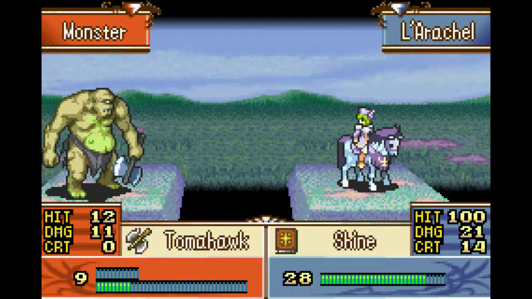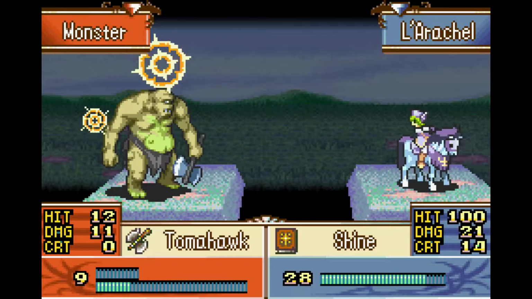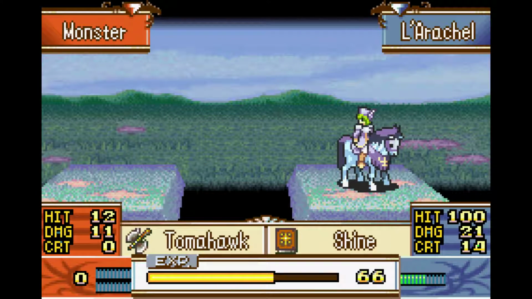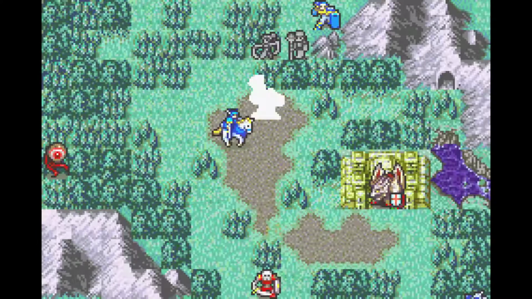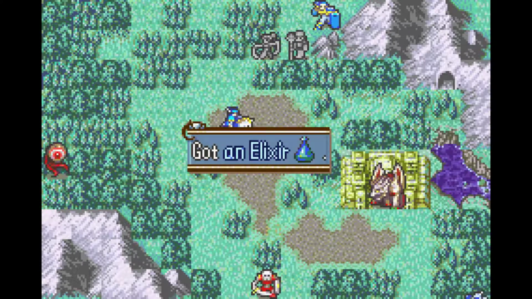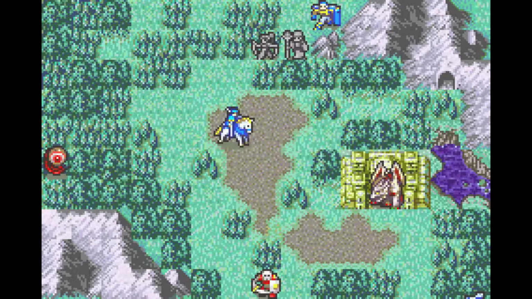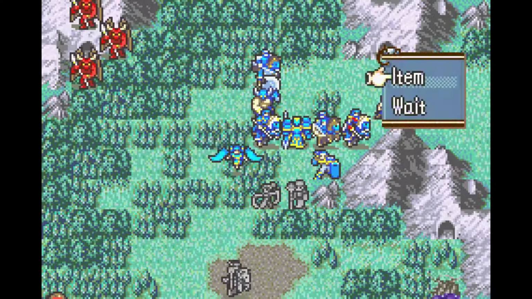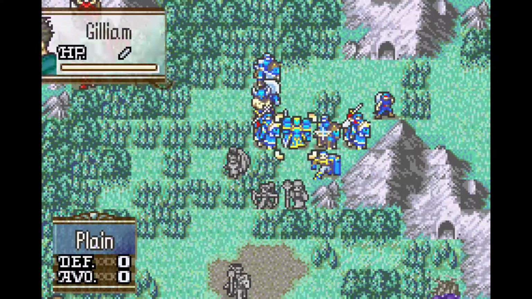Sadly, I can't quite get close enough to that Mogul to kill him. I'll probably have to send a flying unit down there to do it. I could just have Mur go do it. Got an elixir. Sweet. Don't need that either. Yeah, I'll send Mur down there. Why not? Mur's not going to get hit by Shadow Shot either, so...